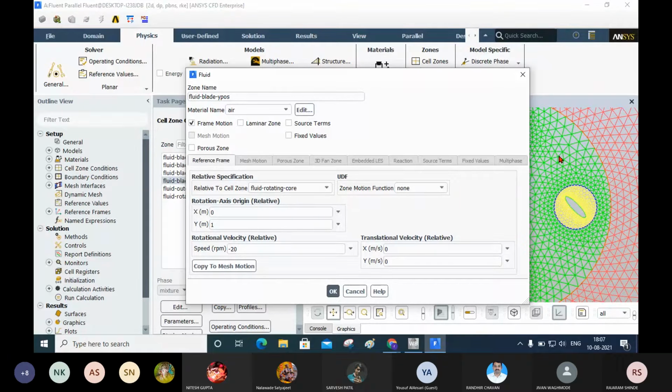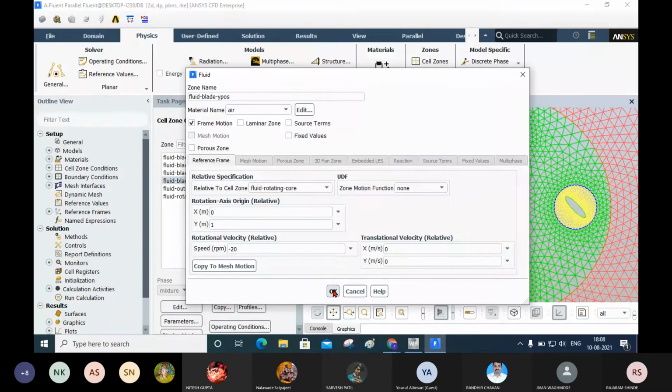Here we cannot see the actual displacement or actual movement, but we get the effect instantaneously. But when we select the mesh motion, then we can get the actual effect of that rotation or motion. That also I will show you.